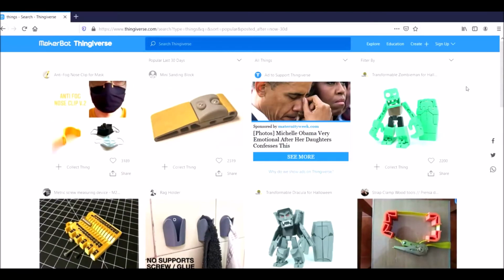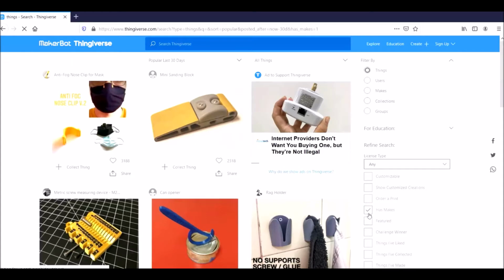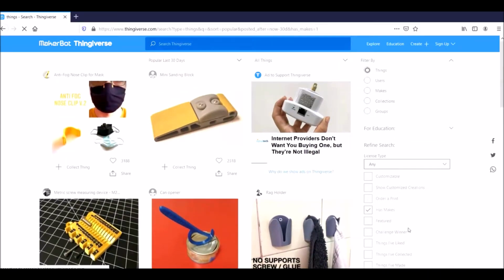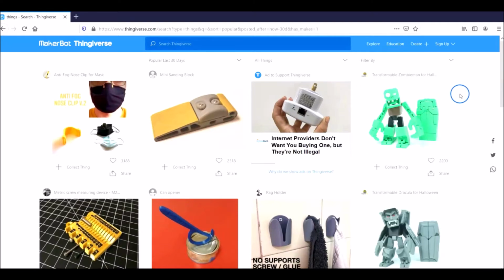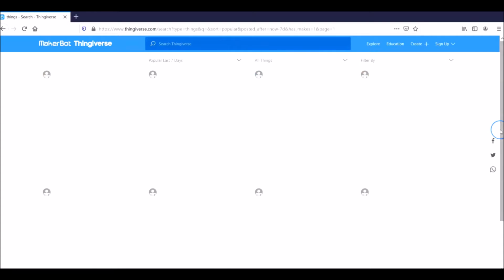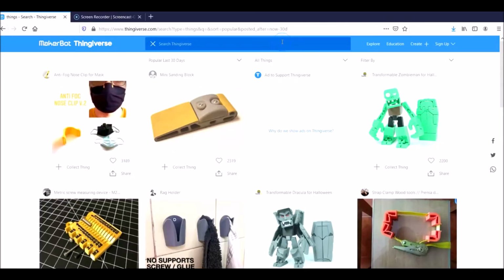So as you can see, I'm just showing you the different ways that you can filter your results on Thingiverse to get what you want or to explore what you might want to look at. There are lots of really interesting things on here. Some of them are really complicated and take a long time to print. Some of them are really simple and don't take very long to print at all. So I'm just scrolling through to give you all an idea of what you might see on the